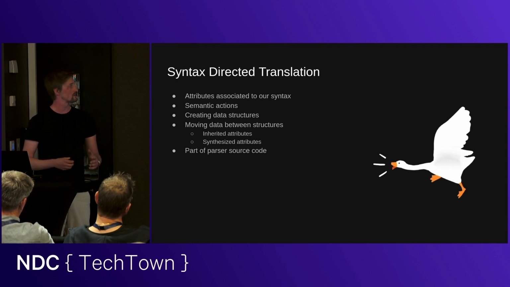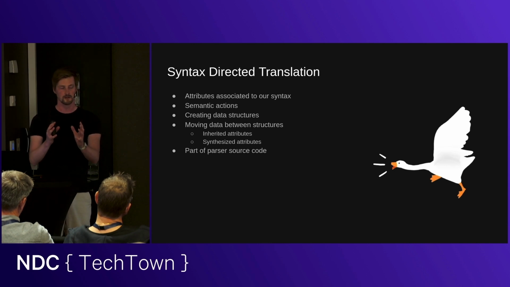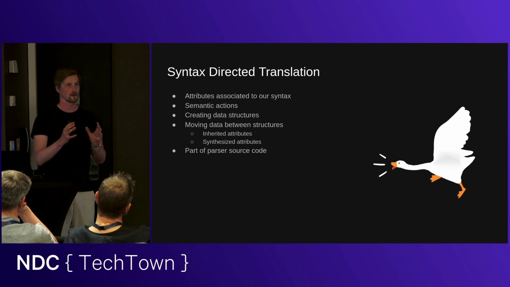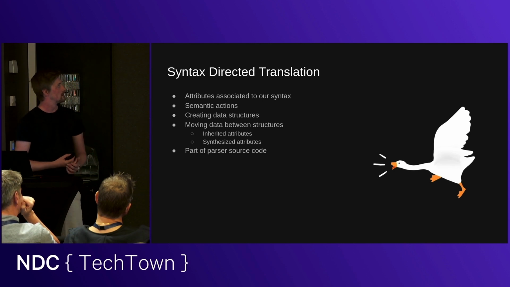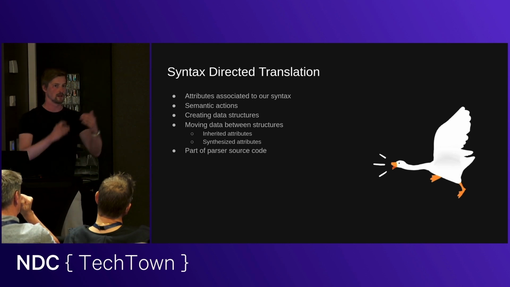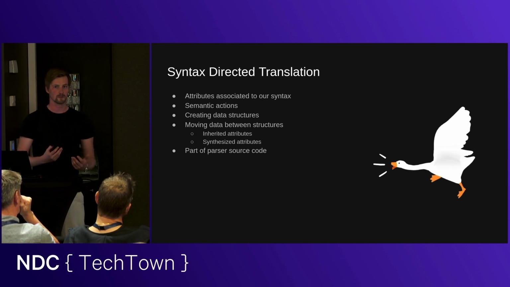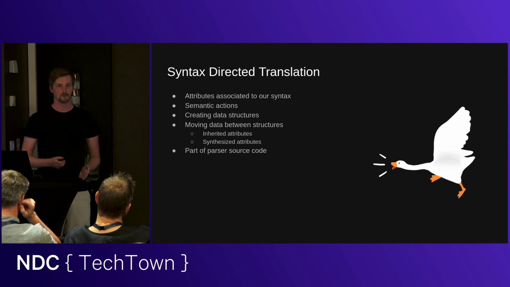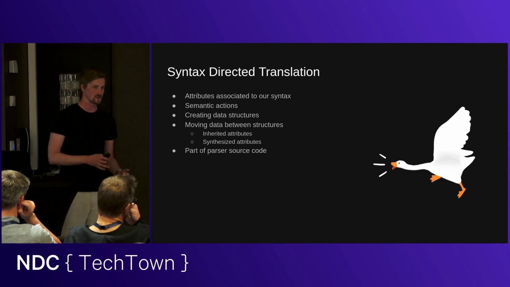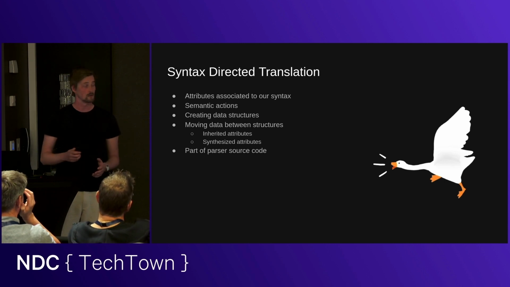So for each successful parse, we can, for example, create a node in a graph or a tree. And then when we parse the parent of that object, we can connect them, creating a tree as we go along. We can also move the data up and down the tree, so we have it readily available wherever we want. And then we can also prune the tree later, so it doesn't get as big. If you write the parser yourself, you can just write your own code. But sometimes when I don't want to focus on the syntax, I use a parser generator, which can look something like this,